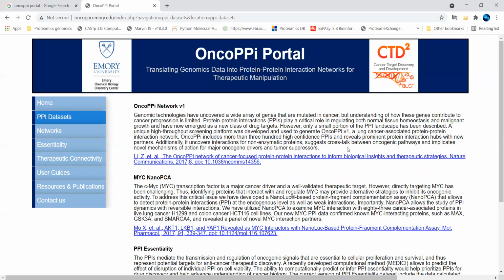You will find the oncogenic pathways, which I think is most important to find the interaction, and also integrating the oncogenic pathways associated with the cancer type, the novel mechanism of action of major oncogenes, and also the drivers and tumor suppressor genes. I think lots of data you will find by exploring this OncoPPI portal.